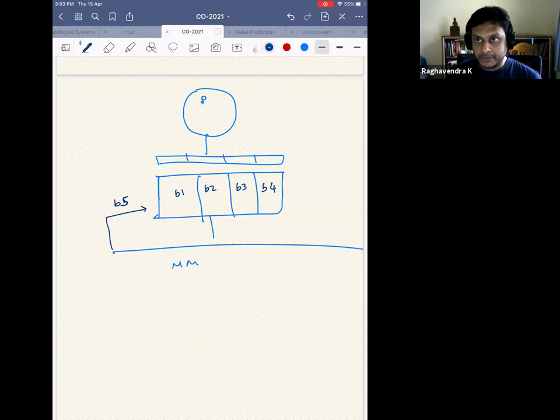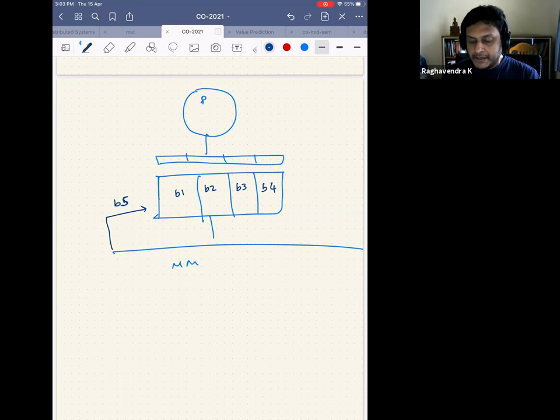Of course, there is one more option that you can do. You can say that I will not keep the block in the cache. Yes, that can also be possible. I mean, you can say that I will not keep this particular block in the cache. Yes, you're completely allowed to do it. But since we know that there is something called temporal locality and spatial locality, we say that, okay, I'll keep